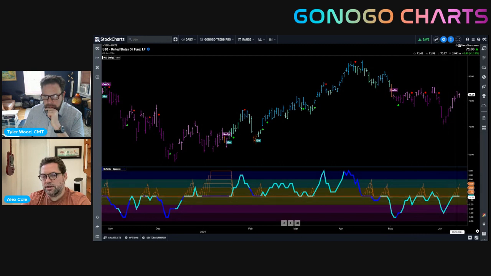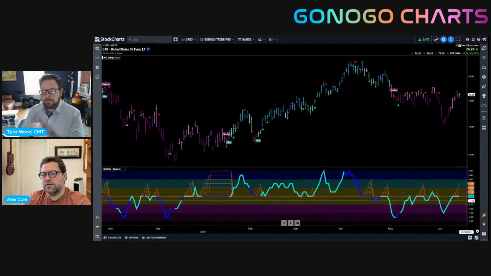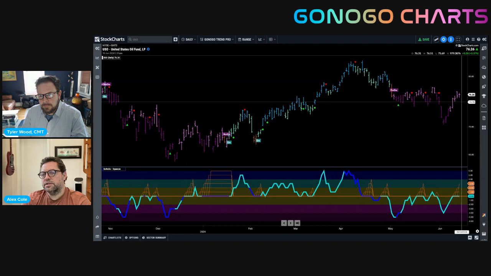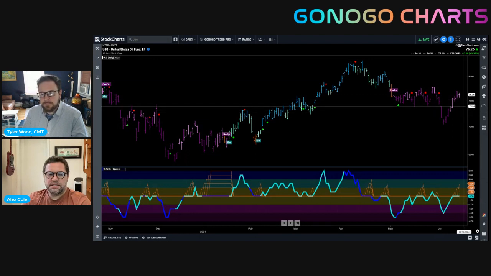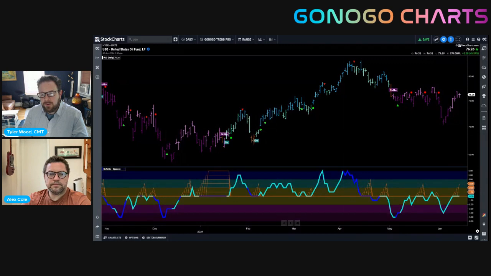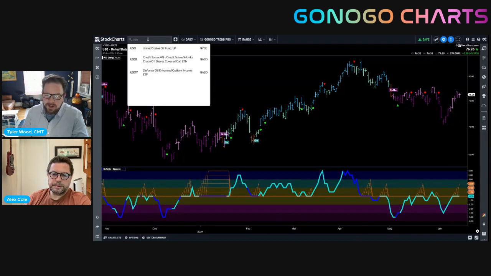So we're going to have a look at the oscillator. We're at the zero line. There's a squeeze building, and we're going to watch to see in which direction the oscillator goes. If it goes back into negative territory, we're most likely going to see price roll over and stay in the no-go trend. Absolutely.